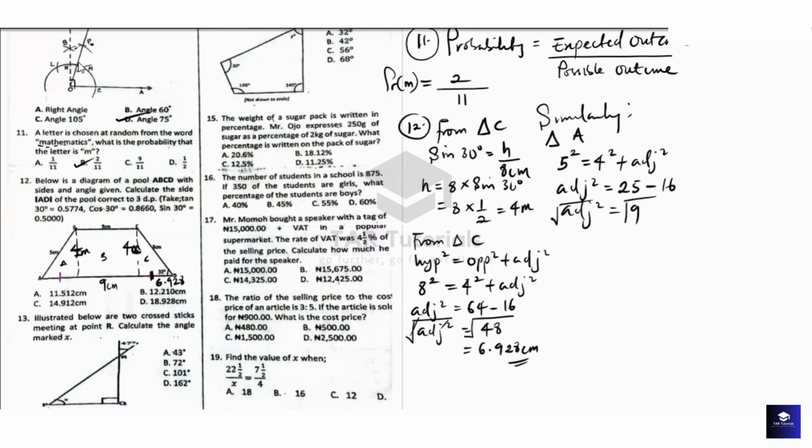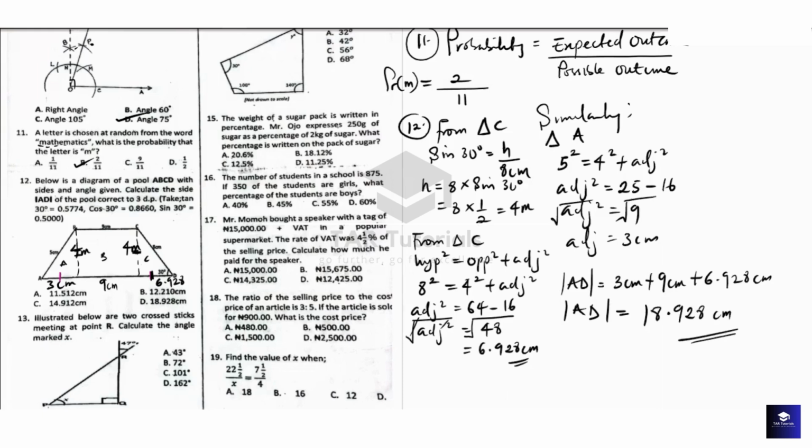You take the square root of both sides, then the adjacent is equal to 3 centimeters. Here is equal to 3 centimeters. Therefore, line AD happens to be the sum: 3 centimeters plus 9 centimeters plus 6.928 centimeters. Therefore, line AD is equal to 3 plus 9 plus 6.928, and that happens to be 18.928 centimeters. And that is your option